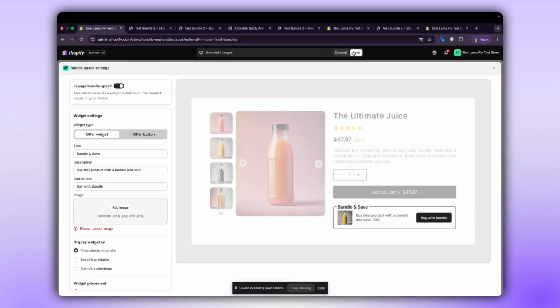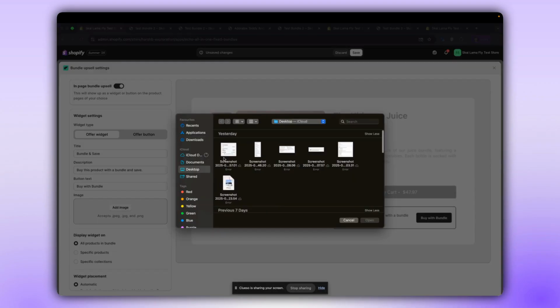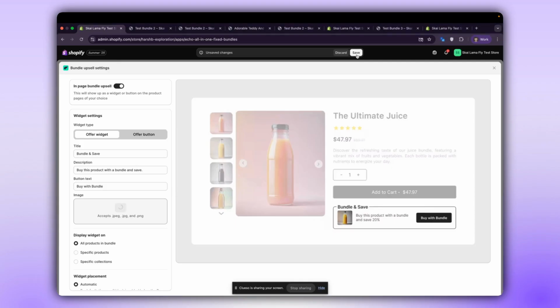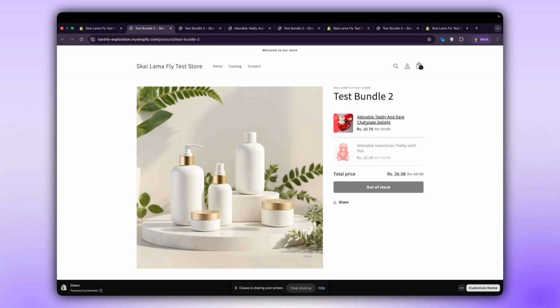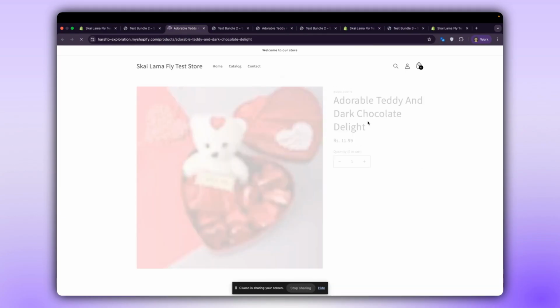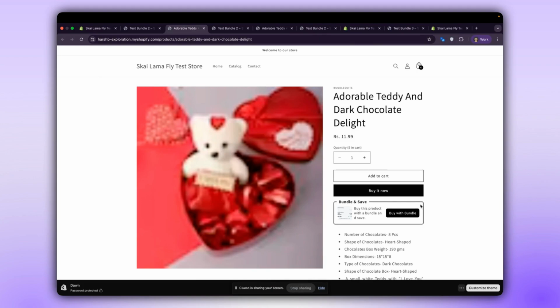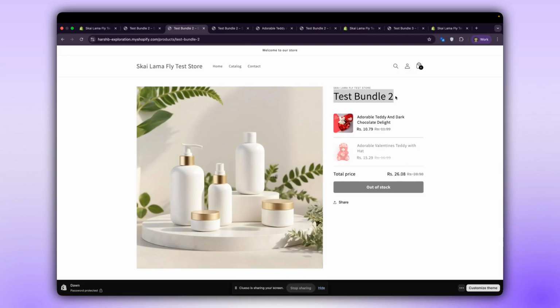The system will prompt us to upload an image. After uploading an image and saving, we can return to the individual product page. Upon refreshing, the button transforms into a widget, specifically an upsell widget. This widget can be seen on the product page for the teddy bear. Clicking on the widget will redirect us to the bundle parent product page where we can